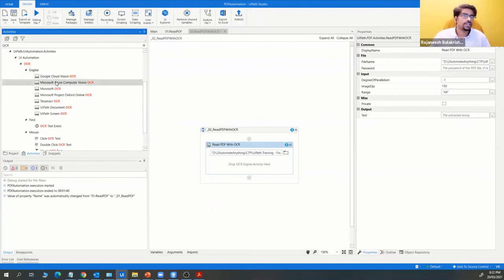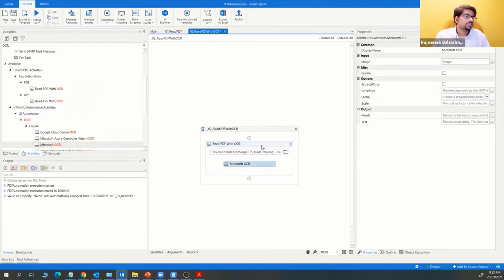You have different types of engines, but you will mostly be using Google or Microsoft or Tesseract. And here also you need to try different options and see which is working better. You need to compare the different engines and find out which result is more optimal, and then you will be giving that specific engine. So for the time being, I give Microsoft, and see how it works.